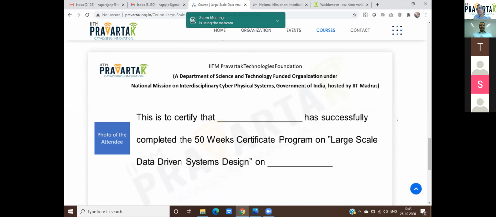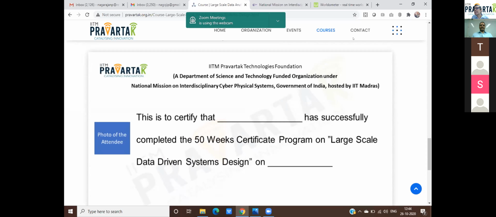Classes will be on weekends. It will start on November 7th and go for 50 weeks. Will be on weekends, and live classes. Recorded lectures will be uploaded that day night. And beyond the pandemic, we will also enable physical classes, but still the live webcast will go on for the course, and it will also be interactive, like how we are doing here. Okay, so this is one.